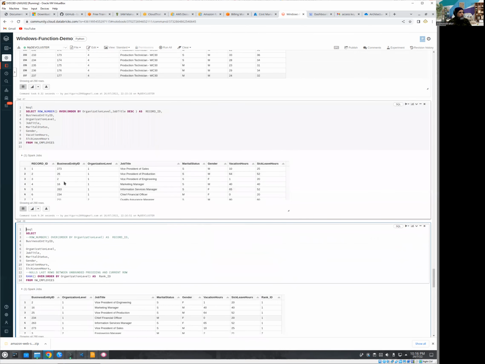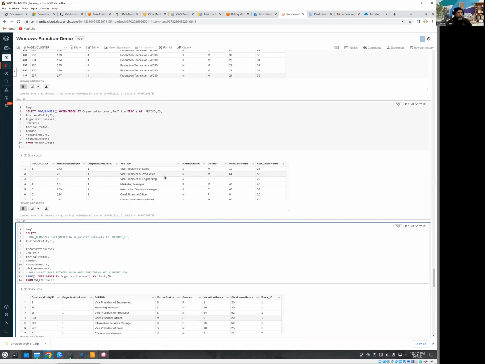So now you can see we are getting on level 1, the vice president of sales, vice president are coming on the top. And like I mentioned, that's not the logical representation of the job title. If we want to arrange the job title within the hierarchy, we have different techniques. We can assign the code, and based on those code, we can arrange the job title within